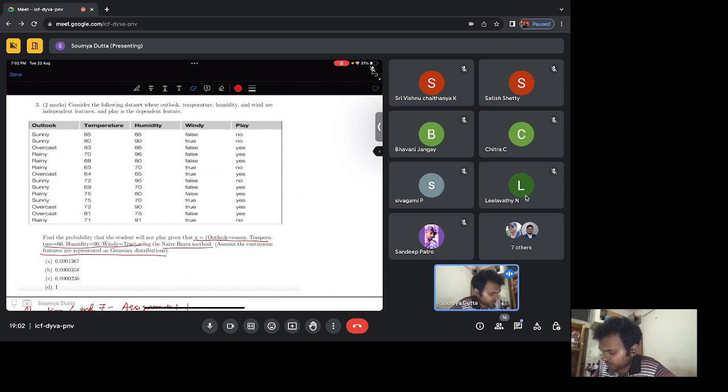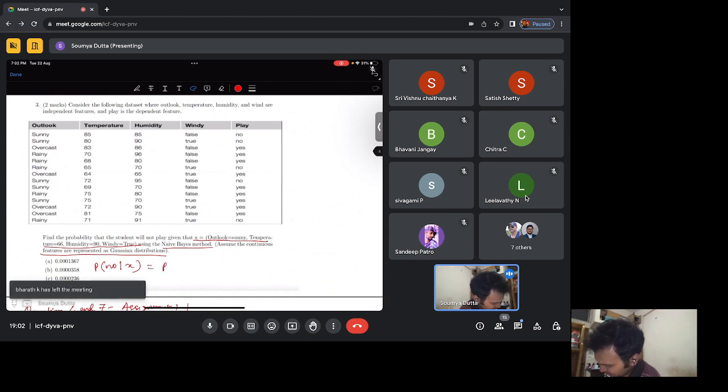This is where I wanted to throw some light. So again, what you are required to find out is the probability of no given x. Actually here you are required to find the probability. I think this still doesn't divide by the new denominator, that's what I feel. Anyway, the probability of no given x is given by